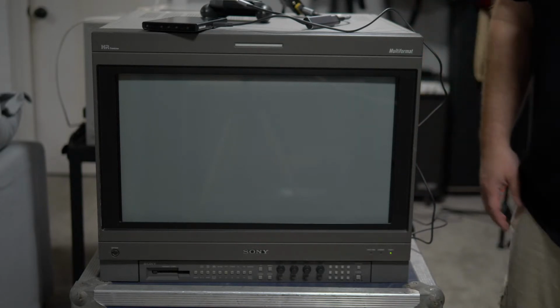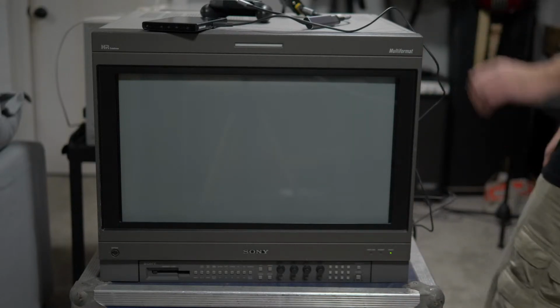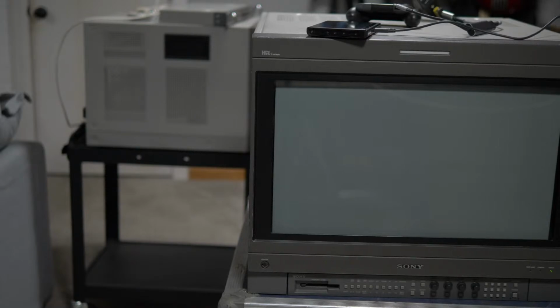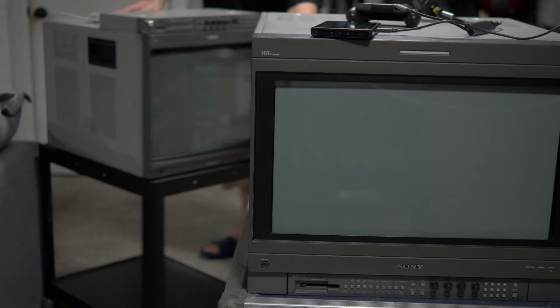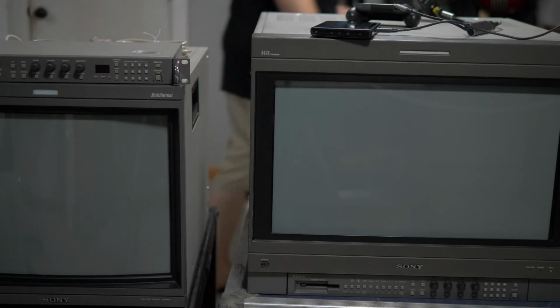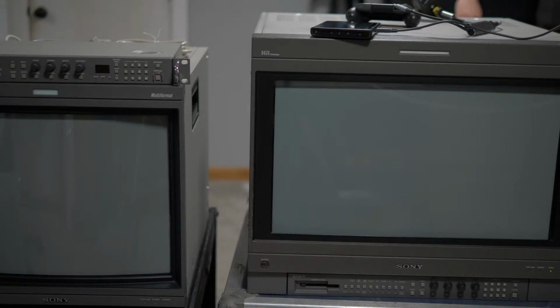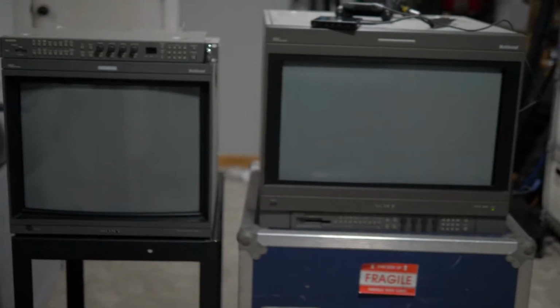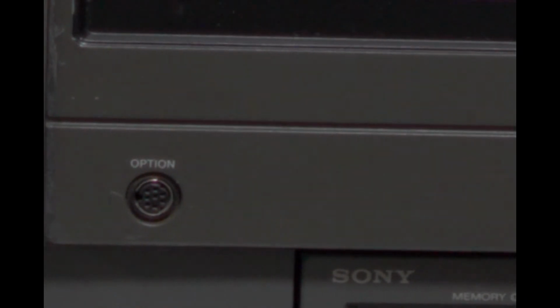Well, while we're stuck doing that, there is one other thing I wanted to show everybody. I can't believe I didn't do this first. Here is another monitor that's not mine. Alright, let me get this back a little bit more. Shared some focus. Alright, so